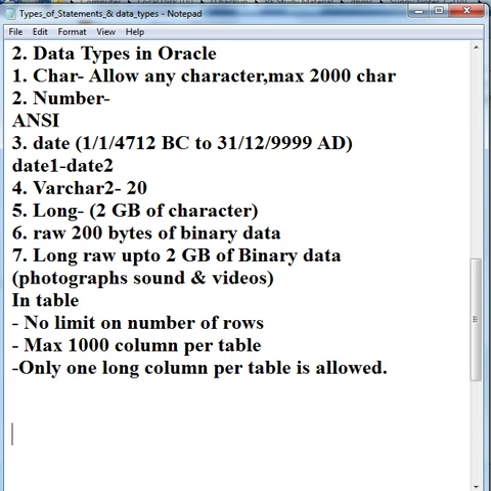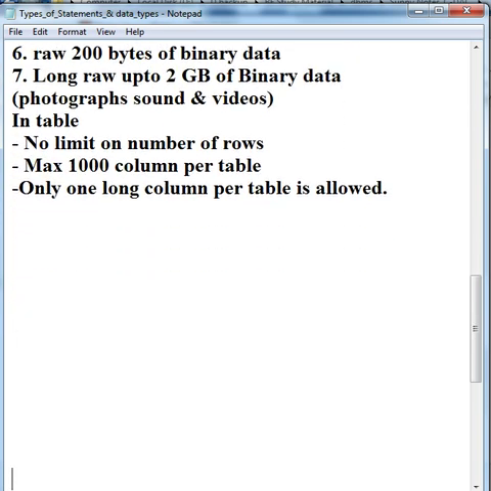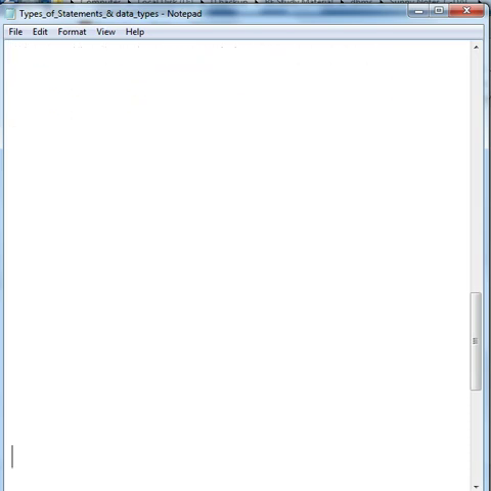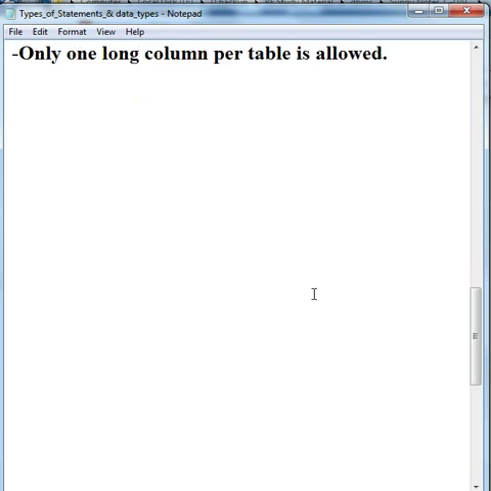Now let's see how to create a table with an example. For creating a table we have a command called create table.